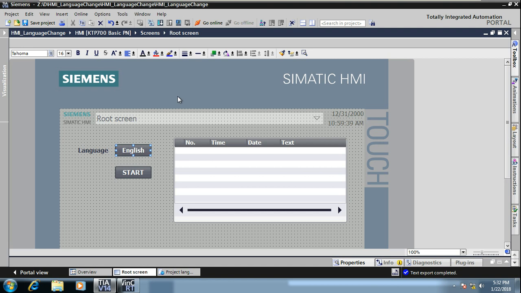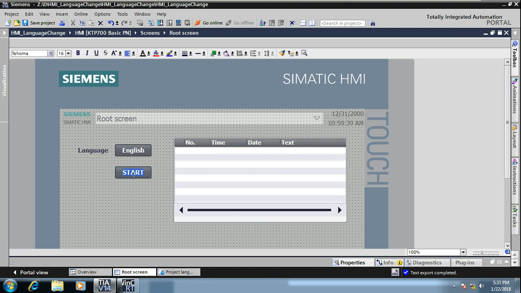So why this tutorial is needed is basically when you see the start button which we have taken on the HMI, it can be used for any purpose. So the text written on this will be user text, that is entered by the user. And secondly, the reason I have taken the alarm window in this example is this: as we can see the headers of the columns such as number, time, date and text, these are created by the project. So these are the project text.